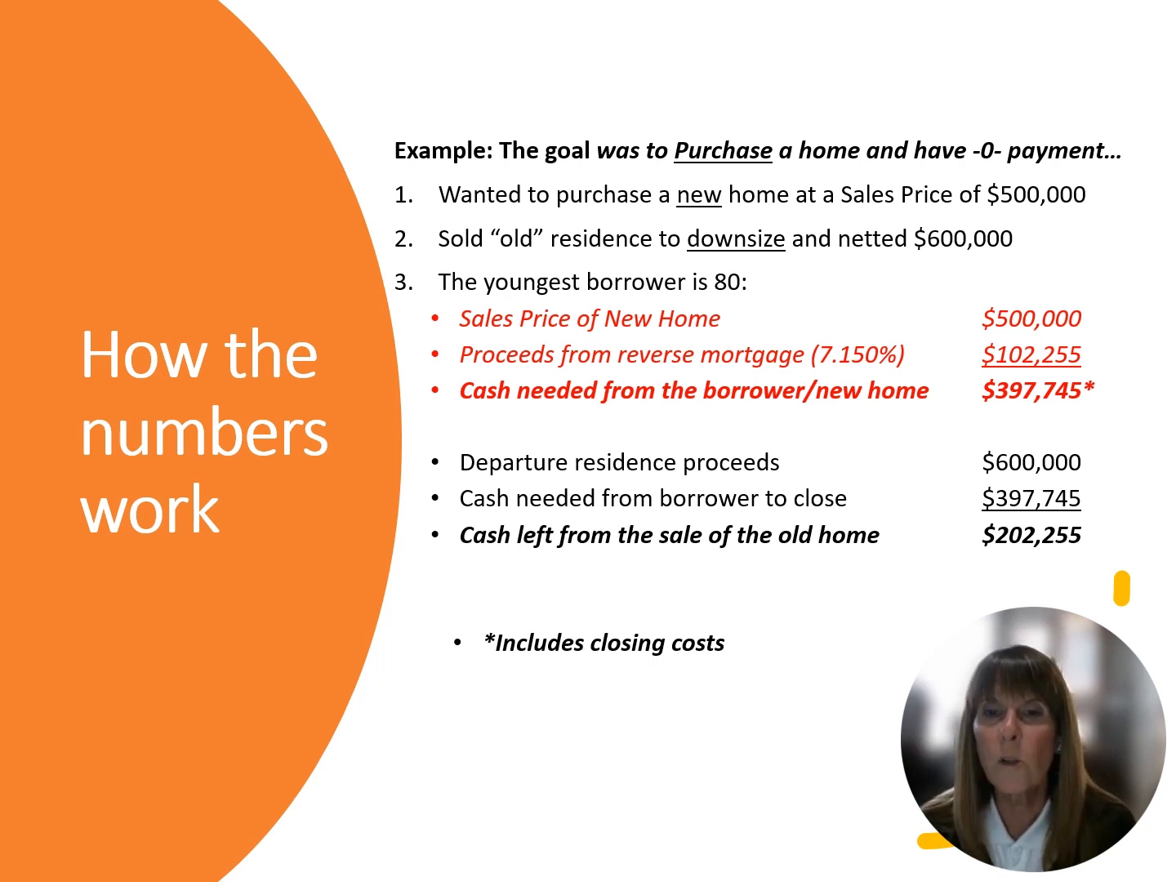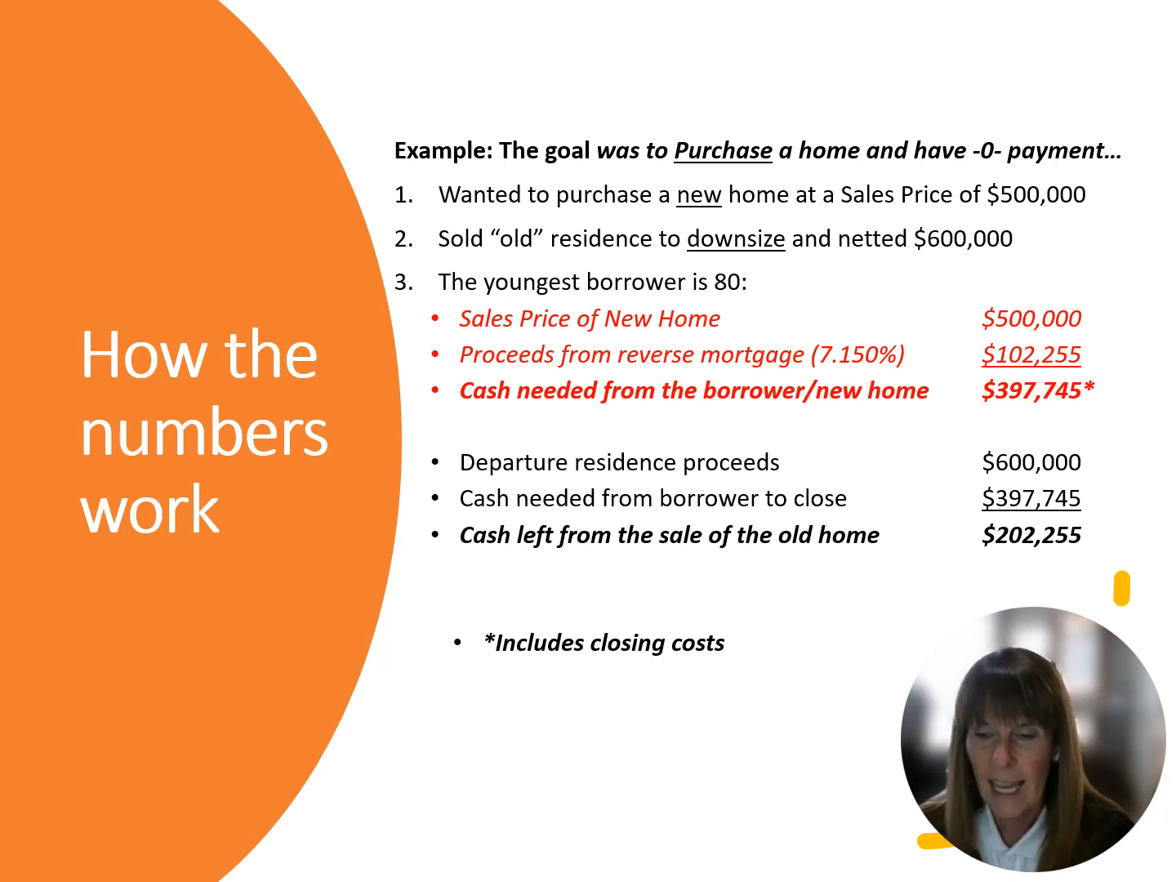So they sold their old residence to downsize, and they netted $600,000. They're at an age where they're going, well, we'd like some of that money in our pocket in case anything happens and we need it for health issues. So again, the youngest borrower is 80, and look at the red numbers now. They're buying a house for $500,000. The reverse mortgage will give them $102,000 towards the purchase price of that $500,000, which leaves them needing to bring in